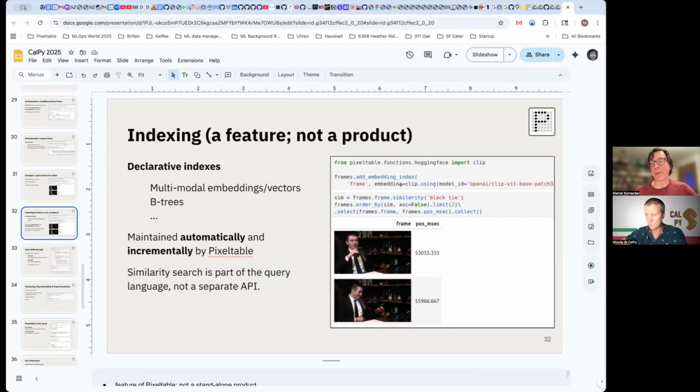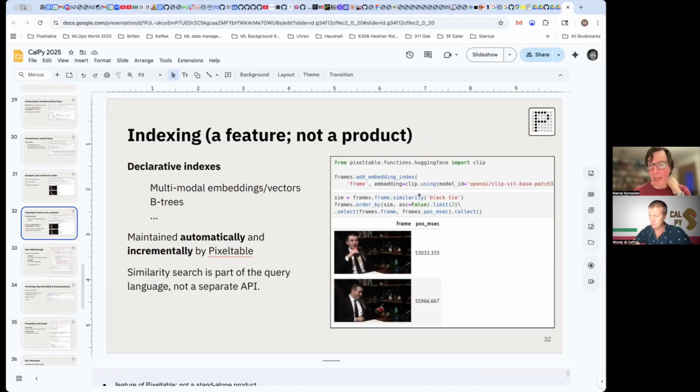And you can also now specify what model you want to use. So in this case, we are using CLIP from the built-in Hugging Face CLIP UDF. And here you are specializing it by providing the model ID. So this will guarantee that all subsequent insertions into the table will compute an embedding using exactly that model.